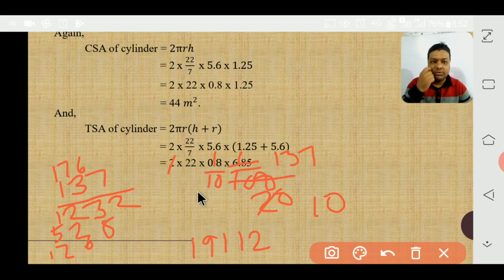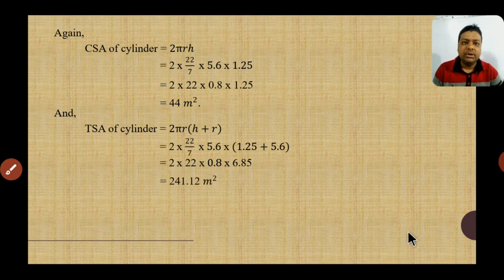Okay, and now since 10 into 10 is 100, we have to write the decimal sign here. So 241.12 will be in meter square. It is the value of the total surface area of the cylinder. Okay students, so